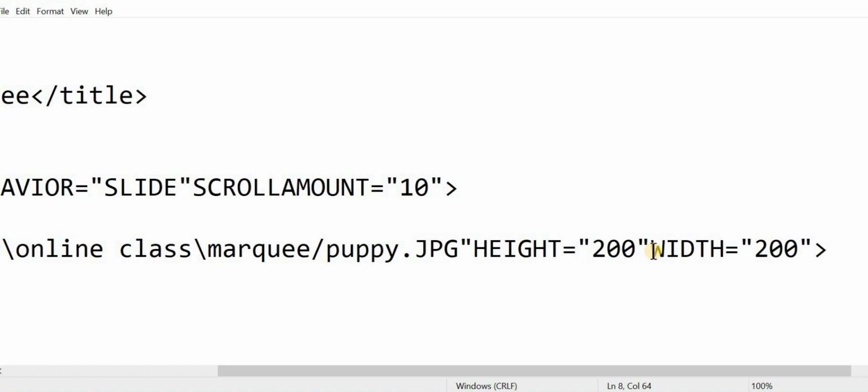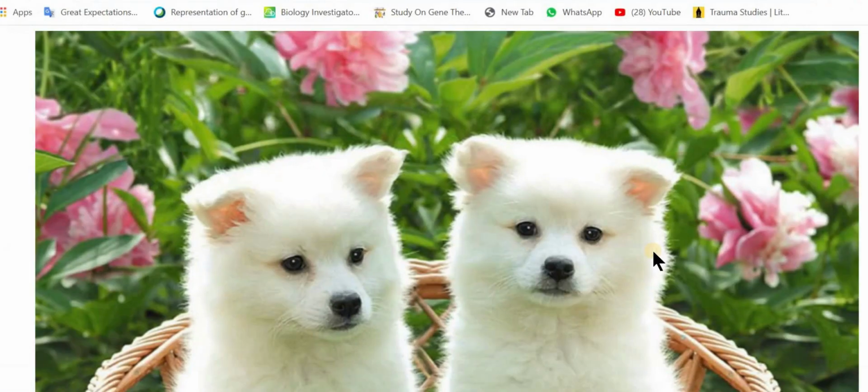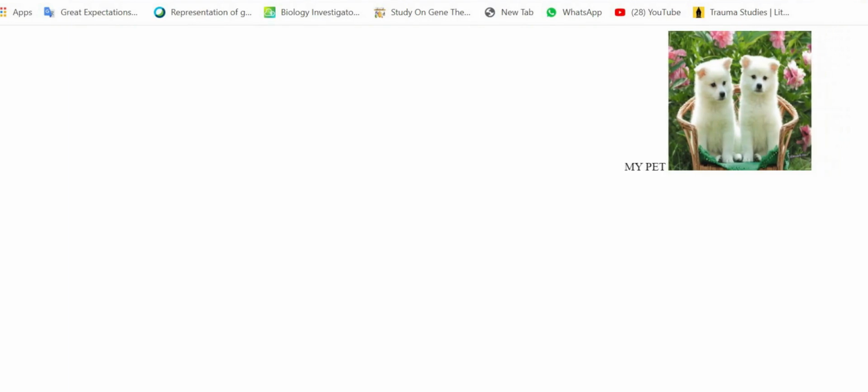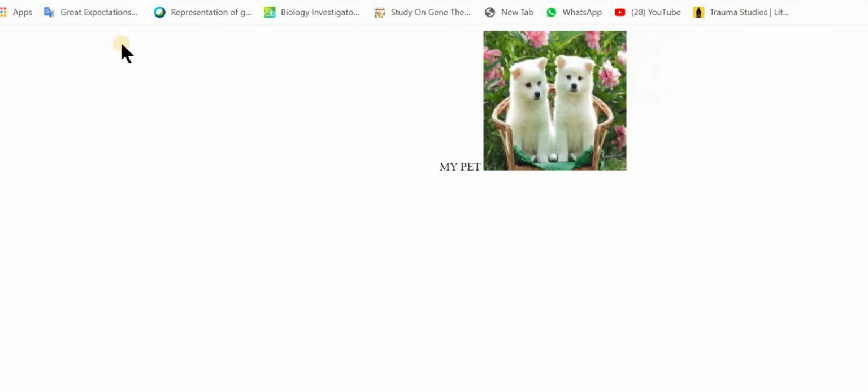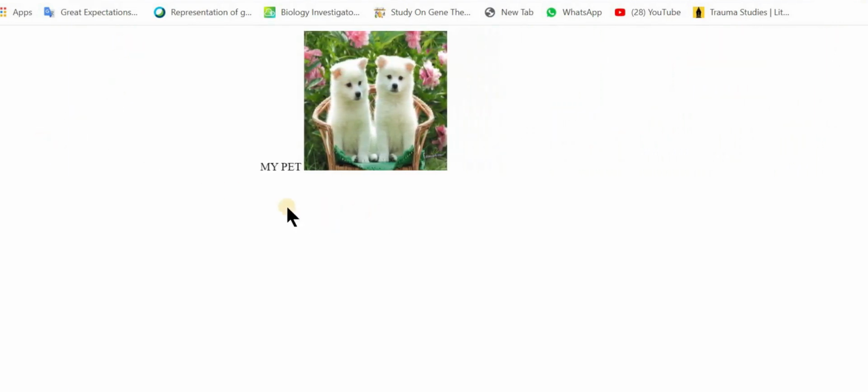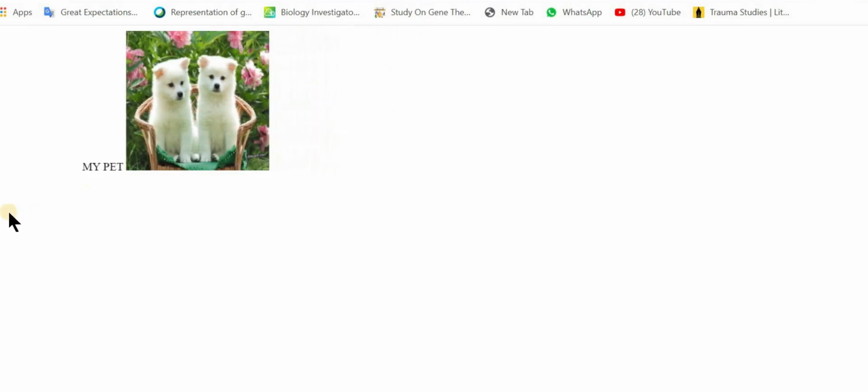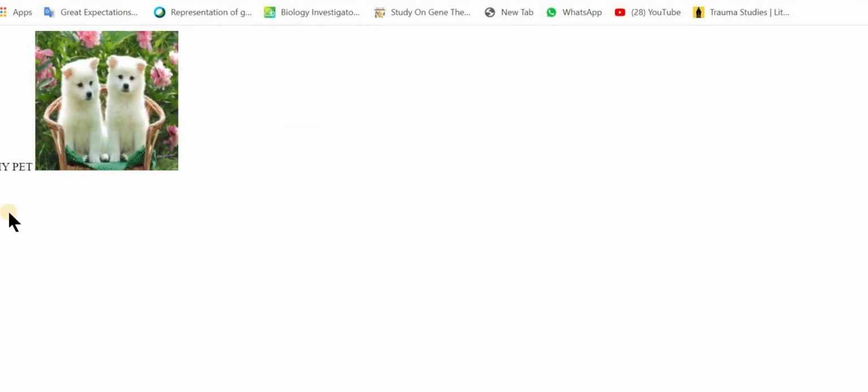Save the file and refresh the web browser. Now you can see that the image size has been reduced to 200 by 200. And we have given the behavior as slide. So now it will stop.